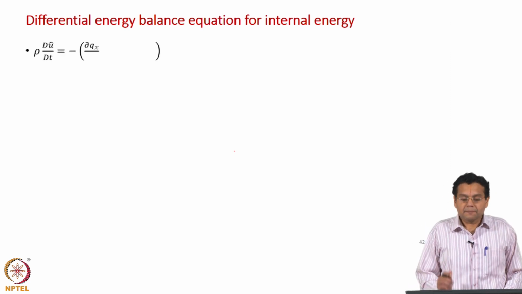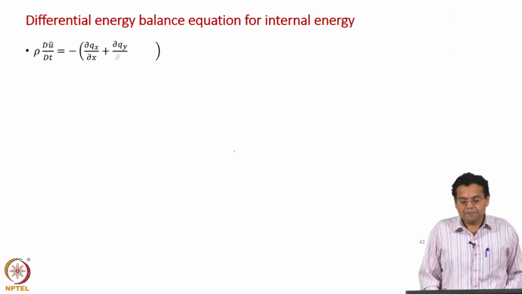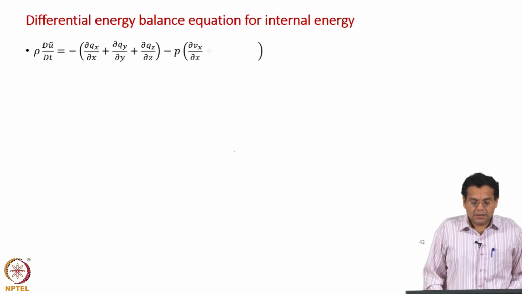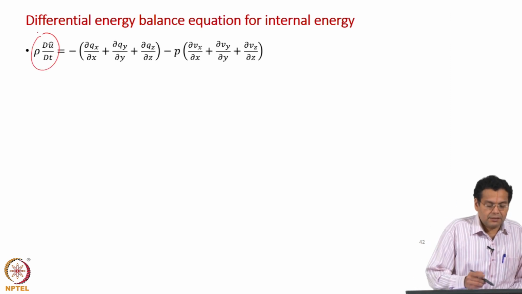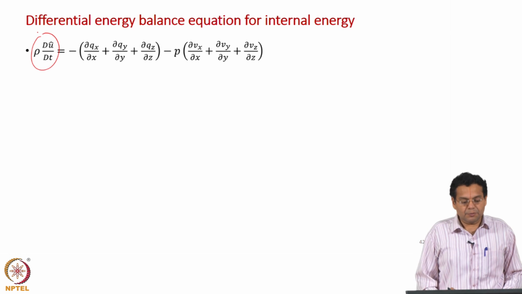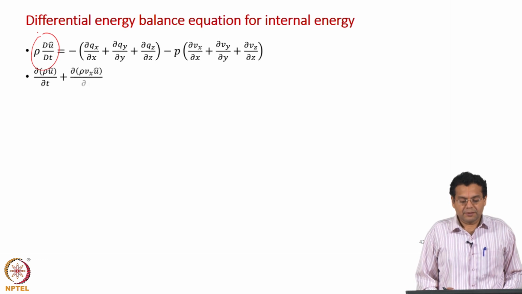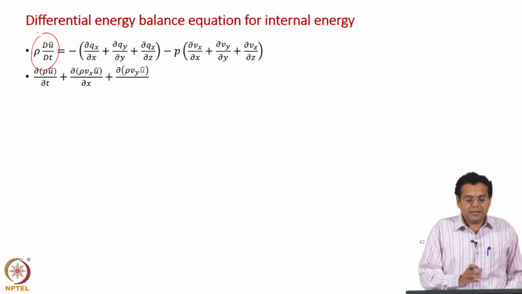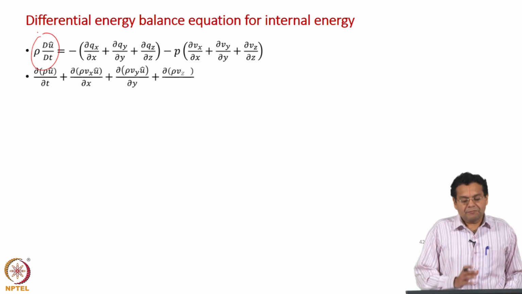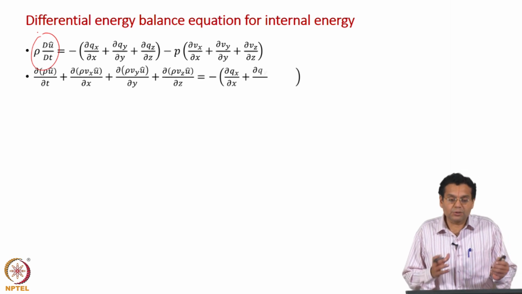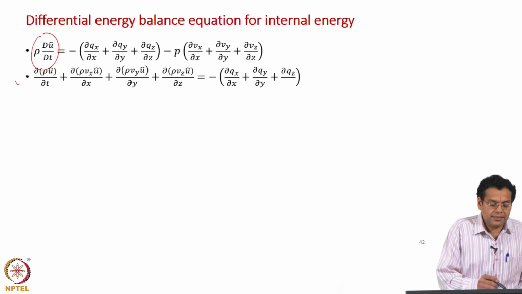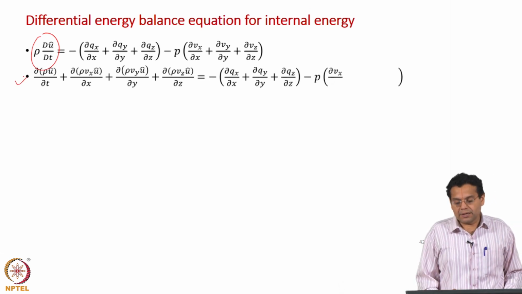Now, let us look at the significance of the different terms in this energy balance equation for internal energy. Like we did for kinetic energy, we will express the left hand side back in terms of the Eulerian viewpoint, so that we can explain the significance of each term. We put it in this form because we have explained the significance of all the conservation equations earlier in this form only. That is why, to be in line with those explanations, we are expressing the left hand side of the entire equation back in Eulerian form.